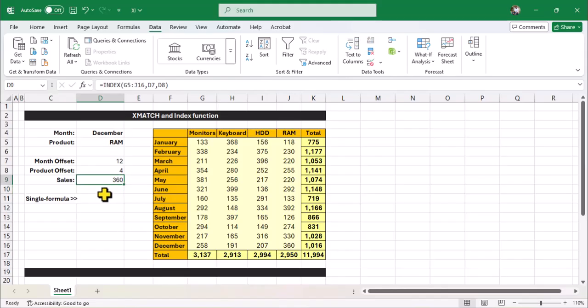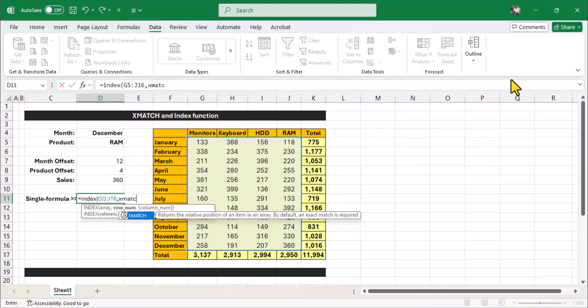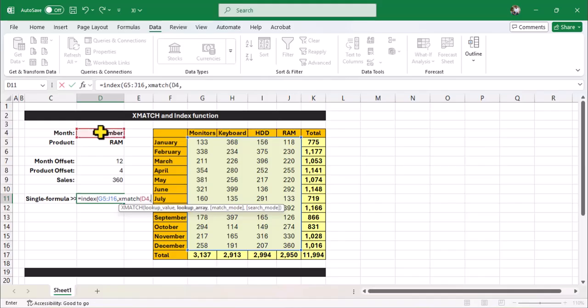Let's combine both these formulas over here. In that case, we'll use equal to INDEX, open parenthesis. The first parameter is array, so I will give this as the array, comma. Now it is asking me for the row number. So I will type equal to XMATCH, open parenthesis, what to search, this, comma, where to search, here, close parenthesis.